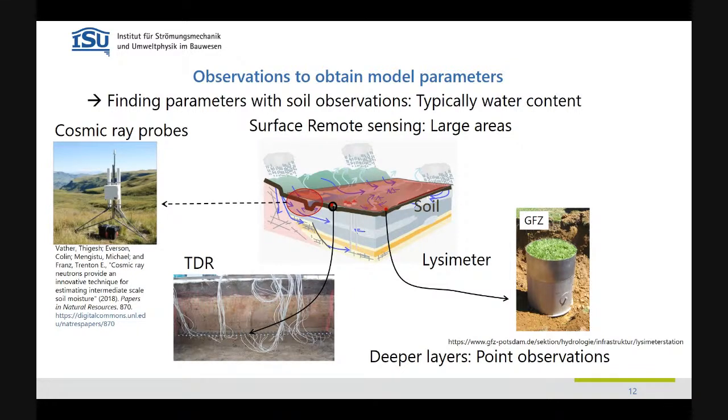Otherwise, we have geophysical devices, like here TDR probes. We might be lucky and there might be a lysimeter. But on the large length scales, these are points. So our information is typically point observation. I have to say there's light on the horizon because there are cosmic ray probes, and they are being developed at the moment and getting more and more established. There's a lot happening in this direction, and that's good because these are measurement methods where we see really a good footprint, 100 meters or several hundred meters, and they go a bit deeper down into the subsurface. But they are not established yet, so I would bracket them out for the time being.